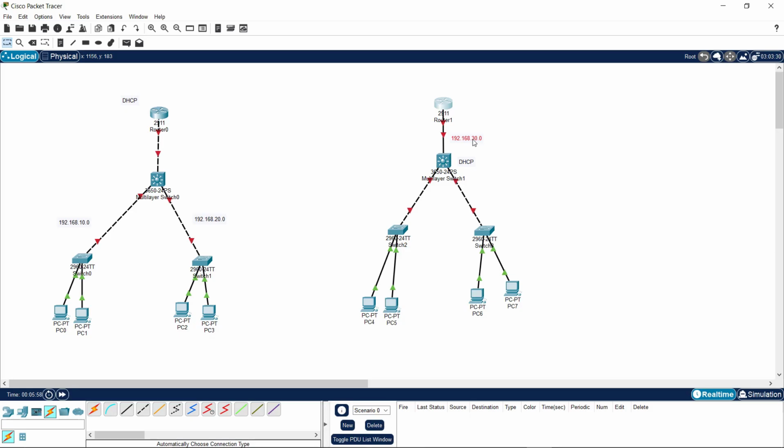But our main focus on this video is DHCP. So I'm going to configure this part first before configuring this part. It's almost the same thing, just two lines of code. It's almost the same thing, just two configurations differ between the router and the multi-layer switch. So first things first, come to our switch,